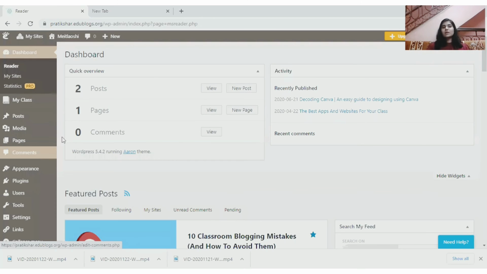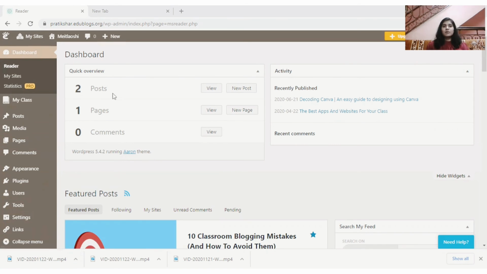Okay, now we'll talk about themes. Now that you have some idea of how you can create blogs, how you can publish your blogs, how you can share the links of your blogs that you created, and also about the themes, I think these are the most important aspects of it.